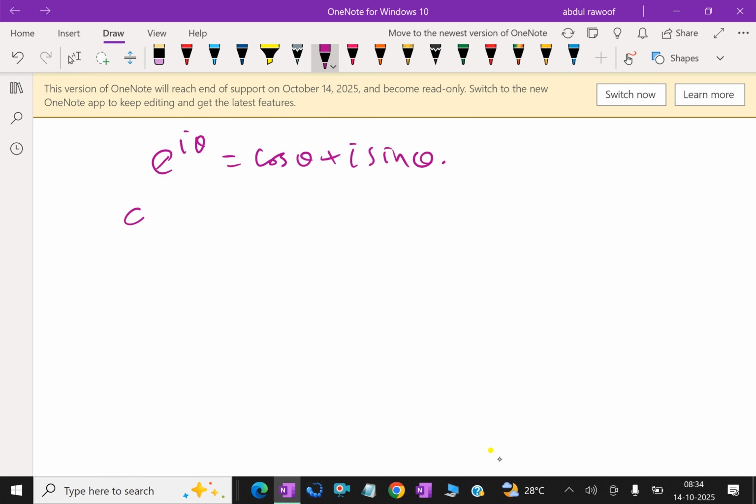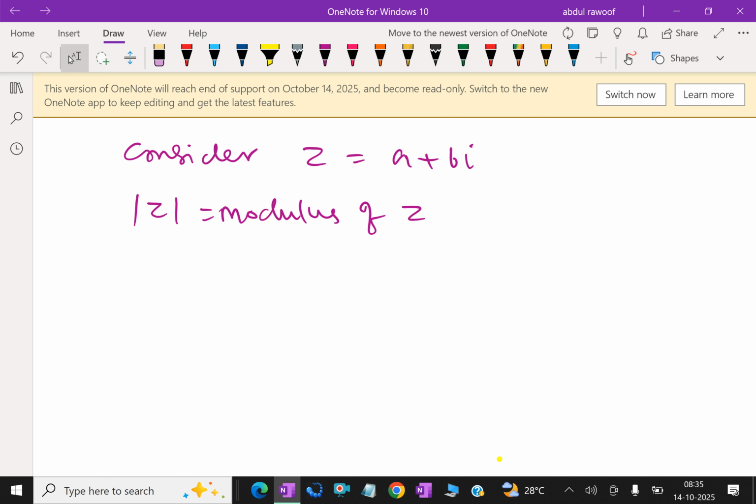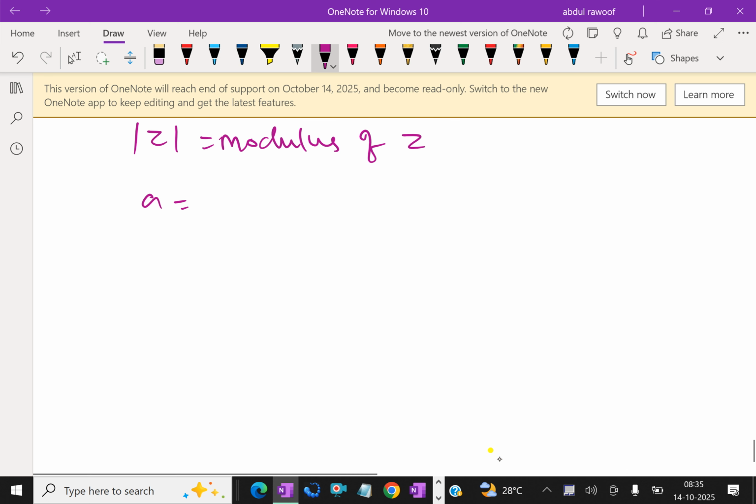Consider the complex number z equal a plus bi. Now modulus of z, z is equal to modulus of z, that is a plus bi. Now from this we can deduce a equal modulus of z cos theta and b equal modulus of z sin theta,